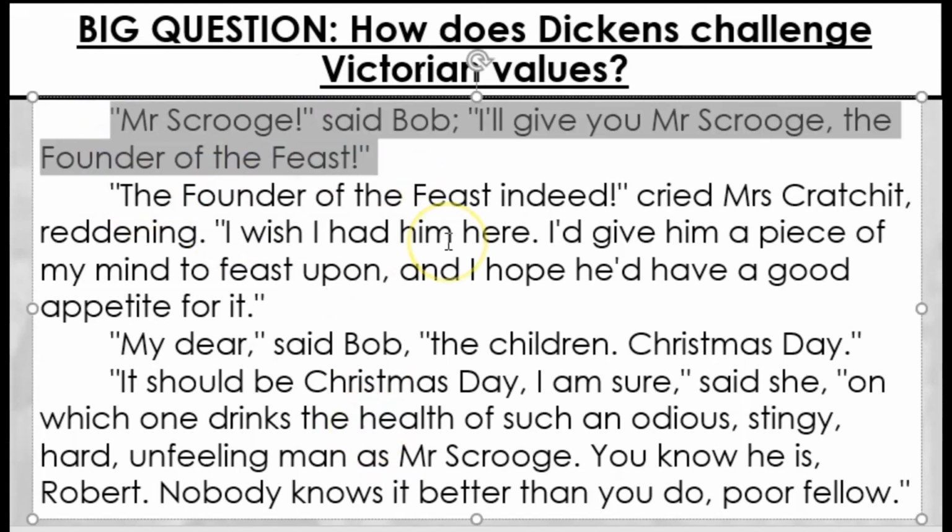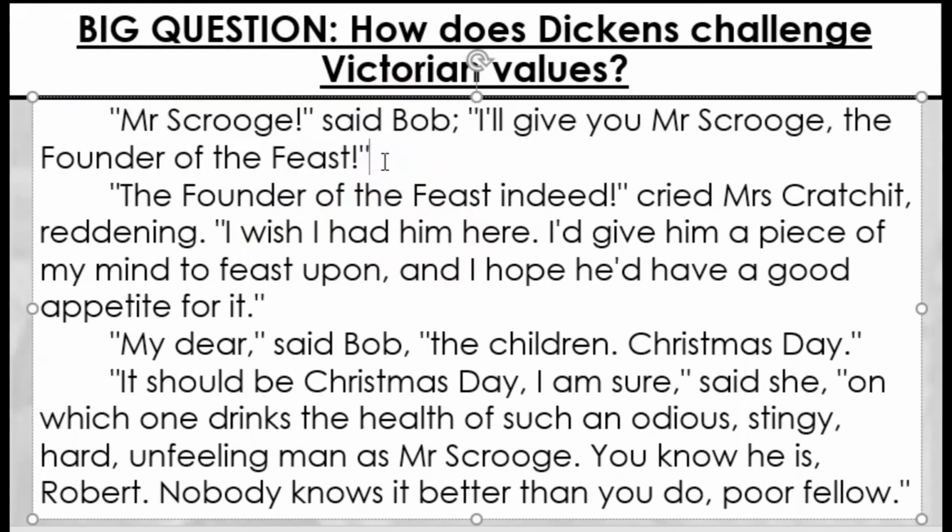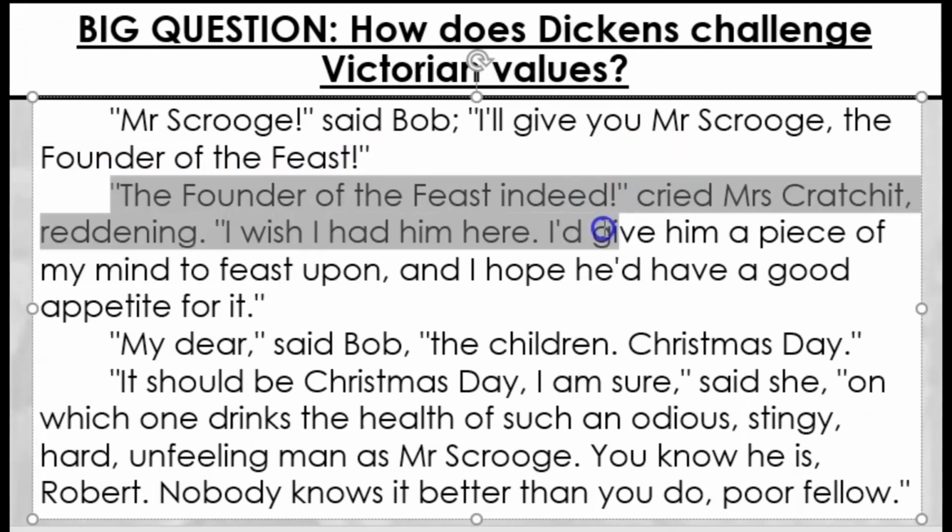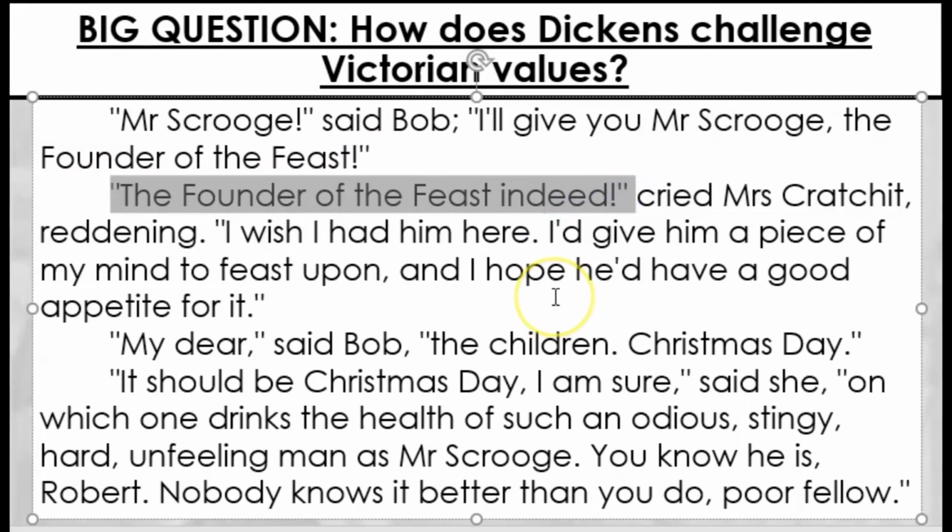Bob is actually very grateful. He's raising a glass to toast Scrooge, his employer, because ultimately, of course, it's the wages from Scrooge that are giving the family the means to buy this food. But Mrs. Cratchit gets quite angry, and she uses the term ironically, because, of course, as far as she's concerned, Scrooge's tight-fistedness, his stinginess with the money, the fact he's a miser and doesn't pay Bob very much, is why they are living in poverty.